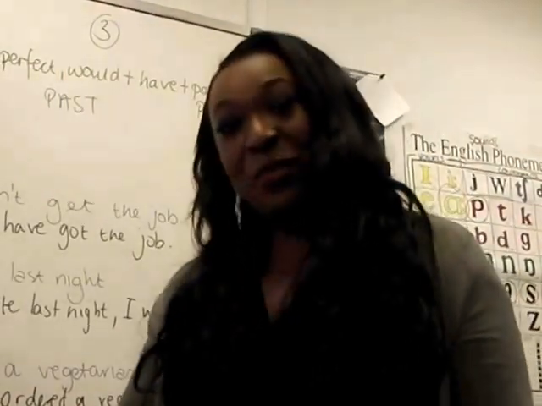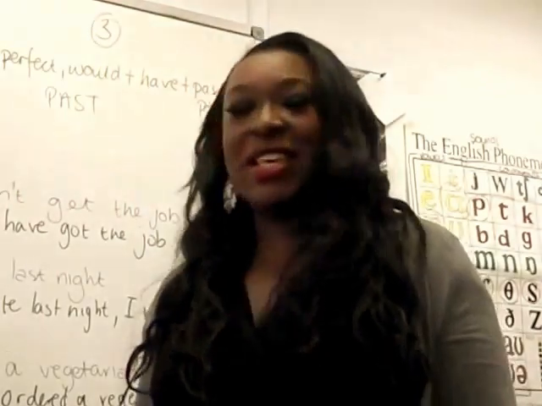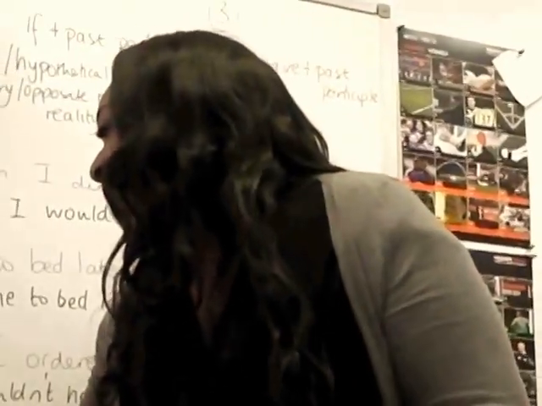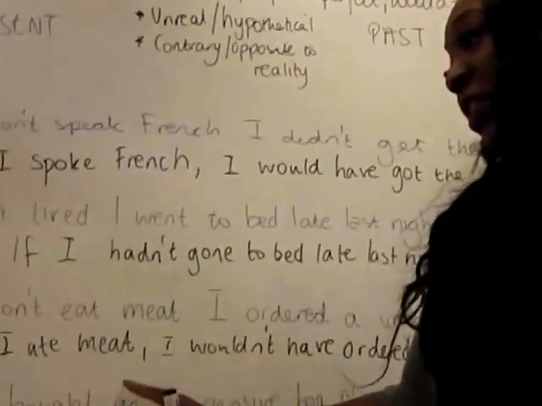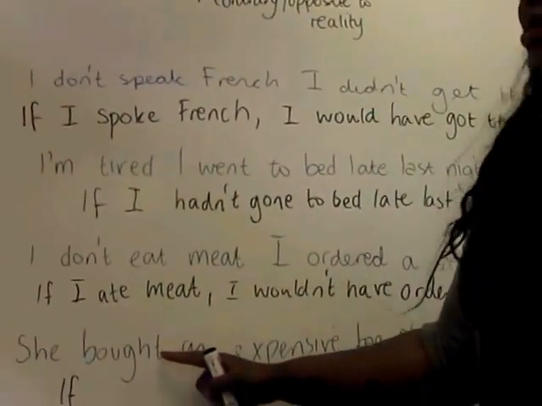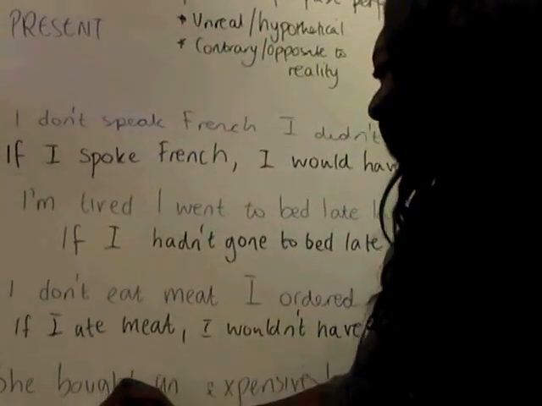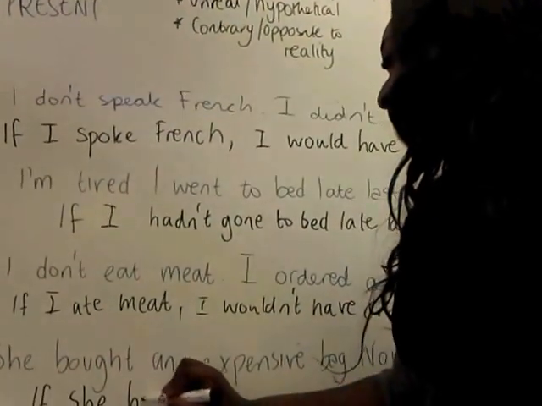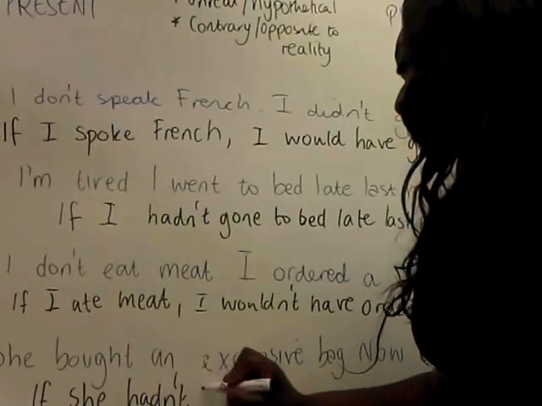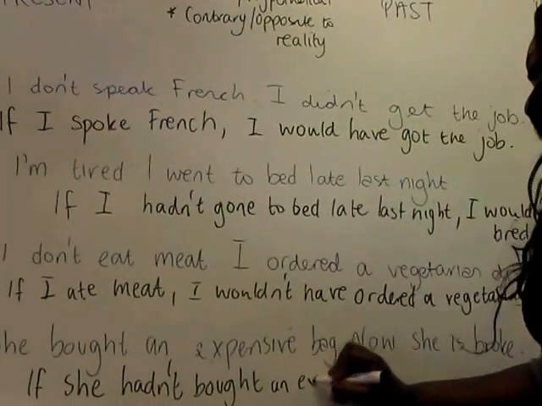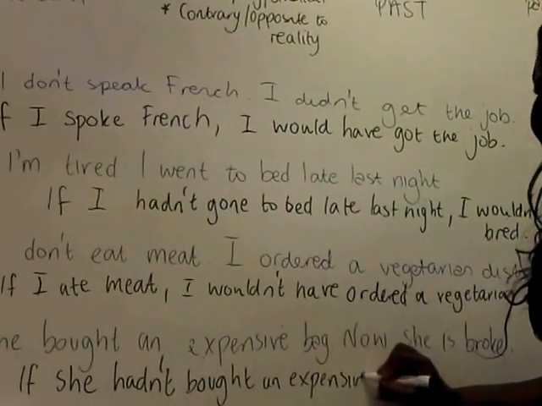So this will be my if clause, because this is the reason. If it refers to past time, I will look at my third conditional clause. If she hadn't, well done, bought an expensive bag,